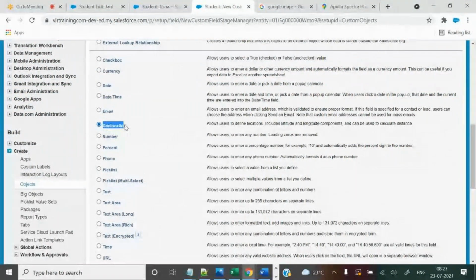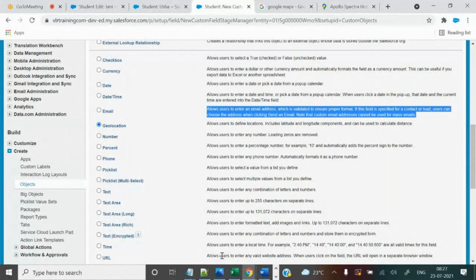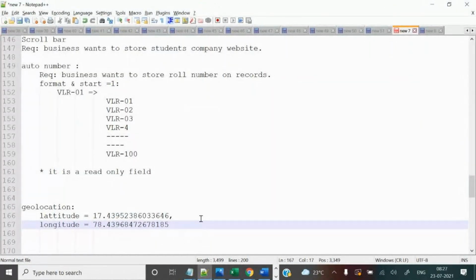Generally, that is the purpose. If you want to calculate the distance between two locations, definitely the two locations should be represented with geolocation. What is the purpose?